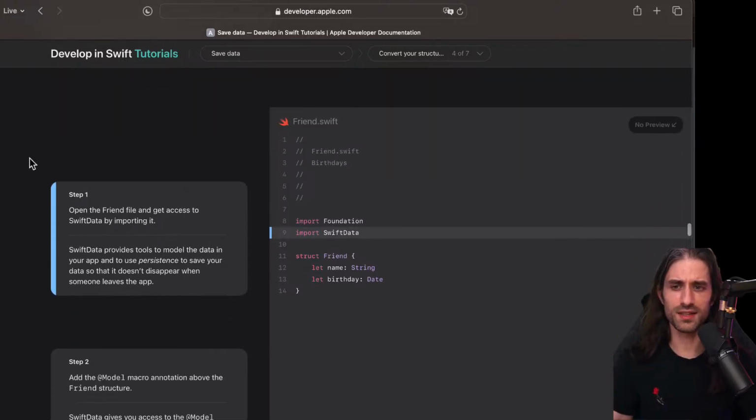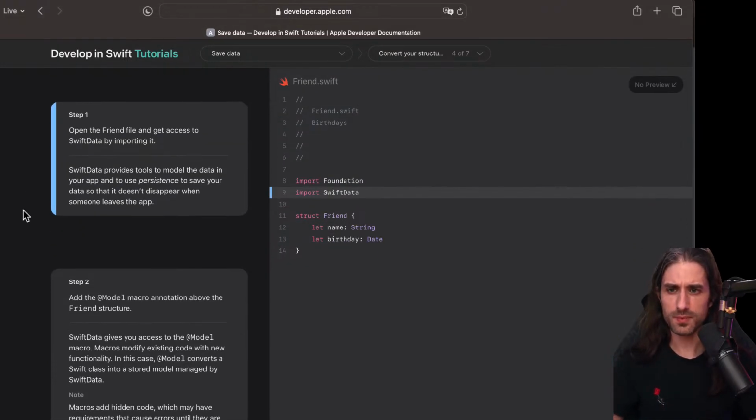So step 1 is open the friend file and get access to Swift Data by importing it. Swift Data provides tools to model the data in your app and to use persistence to save your data so that it doesn't disappear when someone leaves the app. So let's do that change.